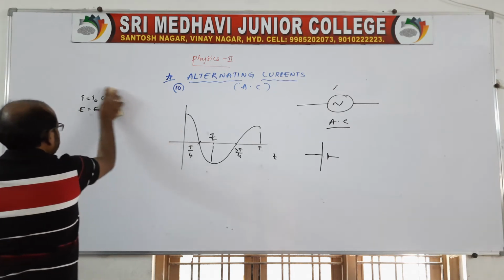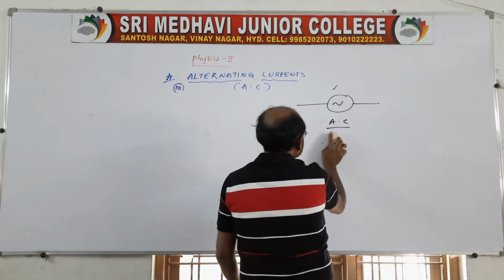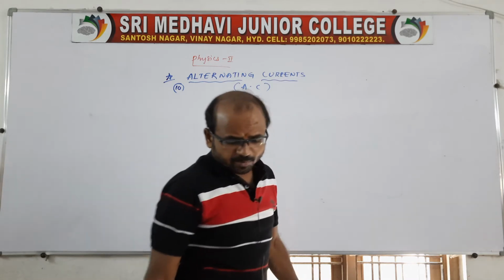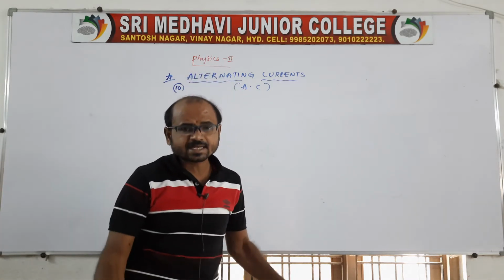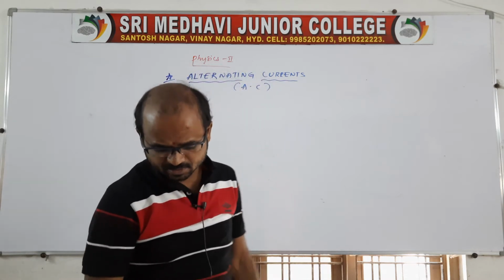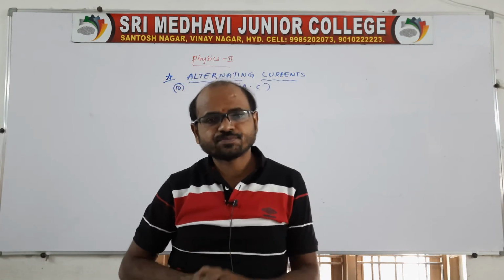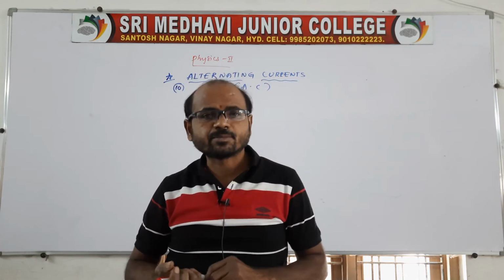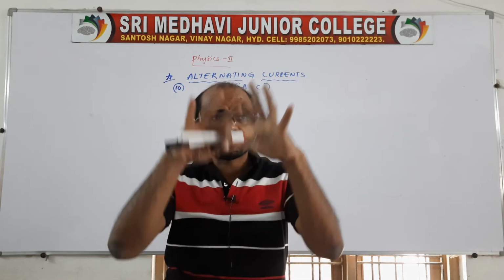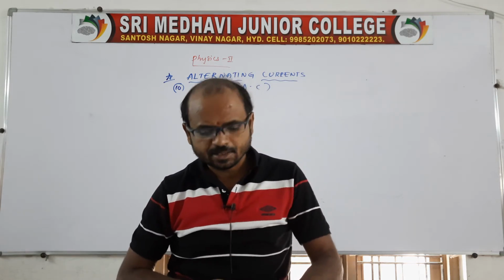Now come to the point. In this sine wave or cos wave, we have a maximum value. That maximum, or we can also call it the peak, is where the current's magnitude changes. I want to say peak value, or crest, or we can say I naught, E naught, the maximum value of a current or a voltage. So the peak value is the maximum value of current or voltage. It represents the maximum in the graph. So that point we can call maximum or peak, which is very, very important.